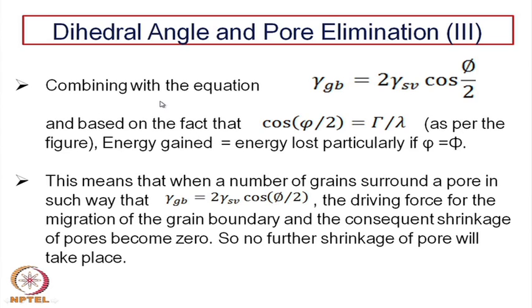So, in combination with this equation, the dihedral angle is given by phi, the dihedral angle between these two surfaces. This is the grain boundary surface and the solid vapor surface; that is the relationship of the dihedral angle. And based on the fact that cos phi by 2 equals gamma by lambda from this geometry again,